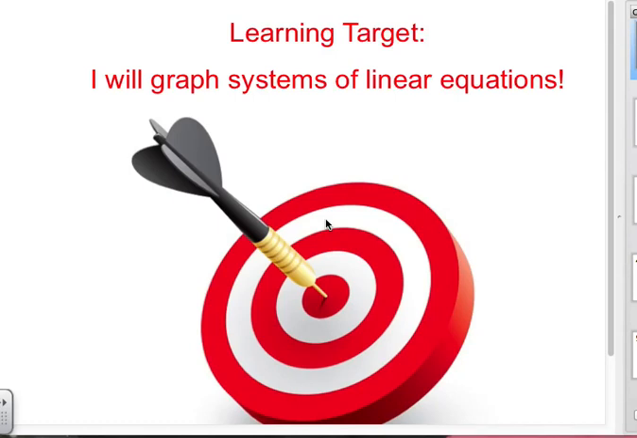Hey, thanks for checking in, and welcome to the first lesson of Unit 5, which is called Linear Systems. So your learning target today is that you are going to graph a system of linear equations. The good news is that you've already been graphing linear equations, and now we're just going to take this one step further to something that's called a system of linear equations, which